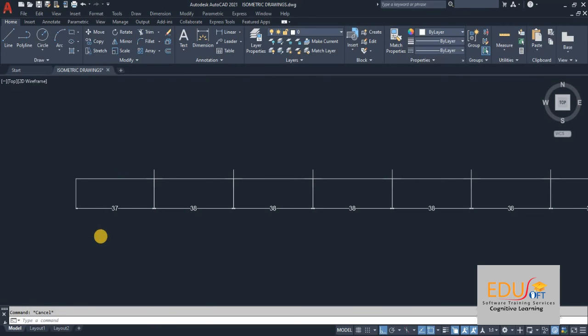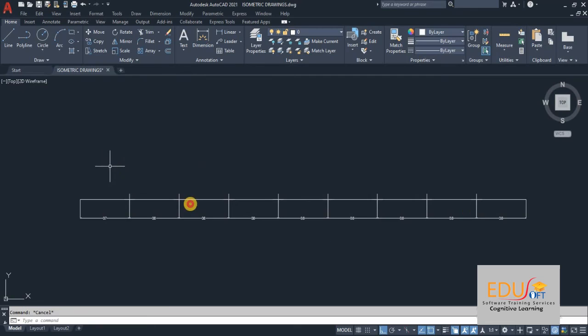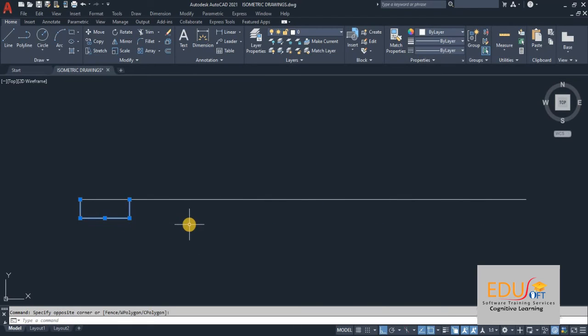Let me show you one more exercise. We will change the segment length to 43. Let me take measure, ME. I am selecting the object on this side, and I am giving the segment as 43.